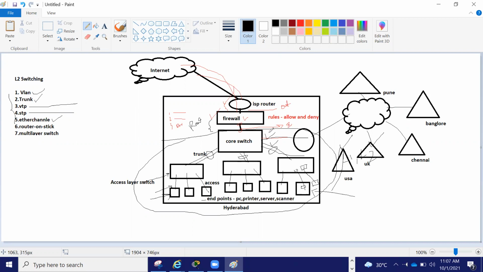But the main thing you need to understand is, if you get a job as a network engineer and you are sitting in Hyderabad, you need to take care of all the routers and switches available in Pune also, and Bangalore, Chennai, UK, US. You will say, how can I take care of the US and UK routers, switches, firewalls? How can I do that? Yes, you have to do that by using remote connectivity. You need to handle that.